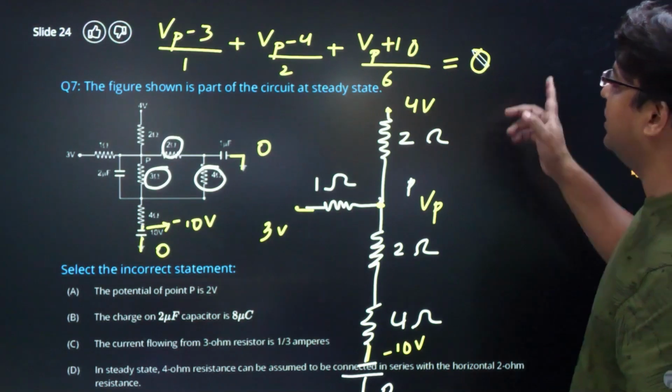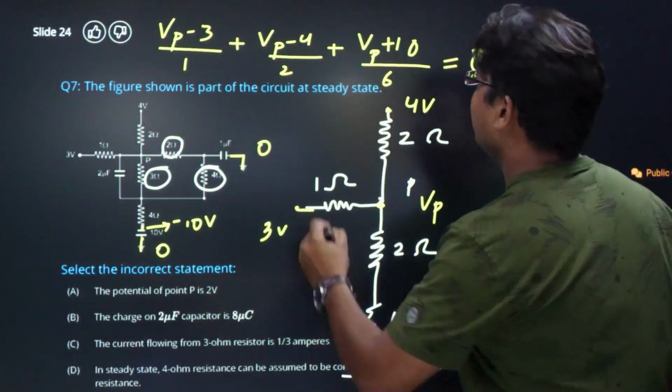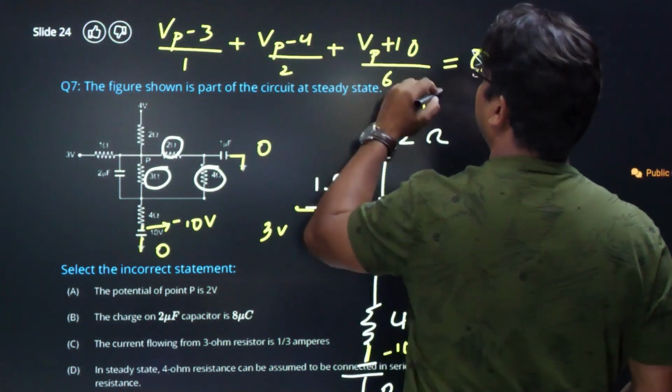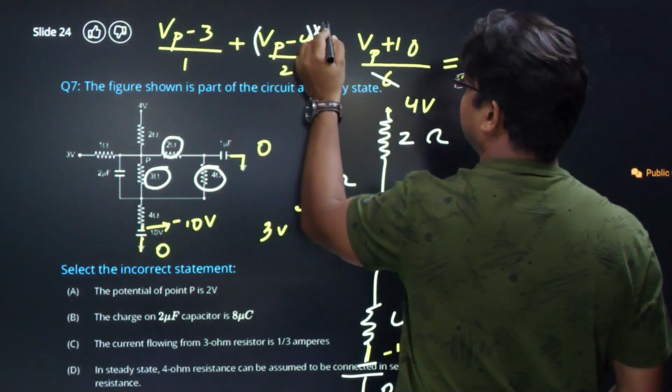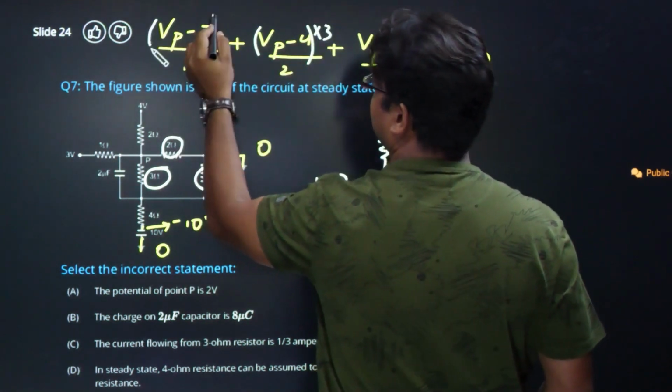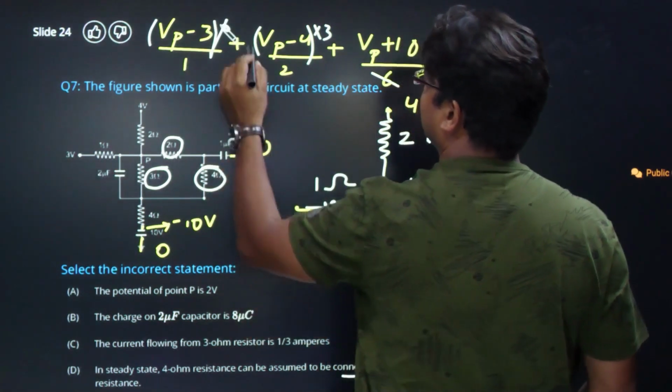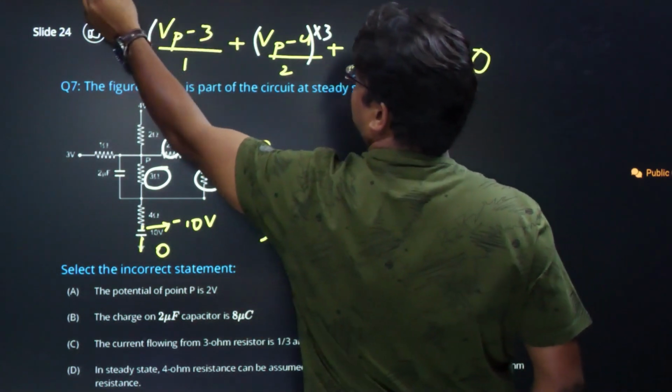Now to solve it, we can multiply this entire thing with 6. Let's do that. If I multiply this entire thing with 6, this gets cancelled out, so this is into 3 and this is into 6. All right, so what I am left with is